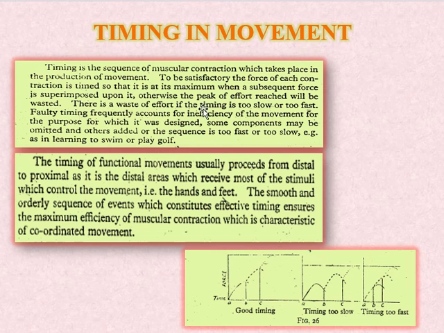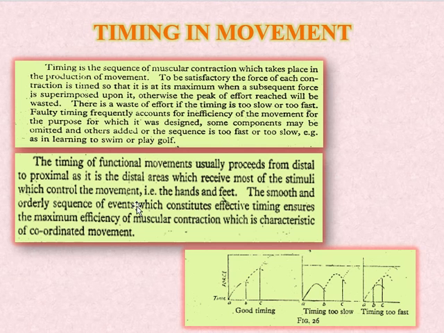There is a waste of effort if the timing is too slow or too fast. Faulty timing frequently accounts for inefficiency of the movement for the purpose for which it was designed. Some component may be omitted or added, or the sequence is too slow or fast, for example, when learning to swim or play golf. If we follow a natural timing in these activities, then it is helpful. And if timing is faulty, that means too slow or fast, then there is a waste